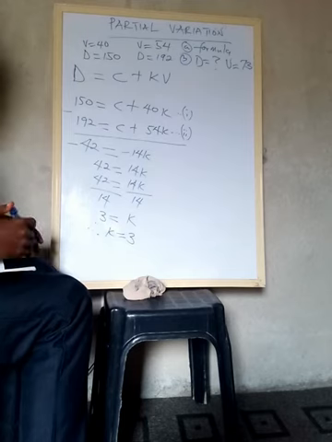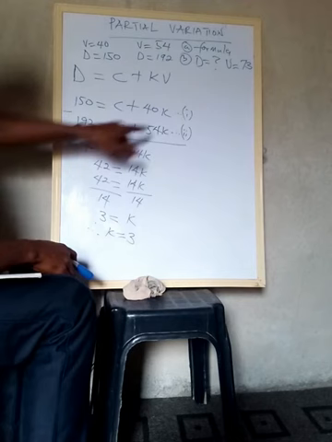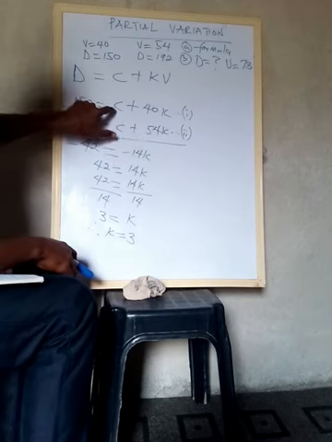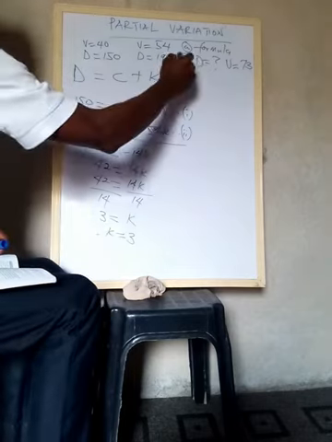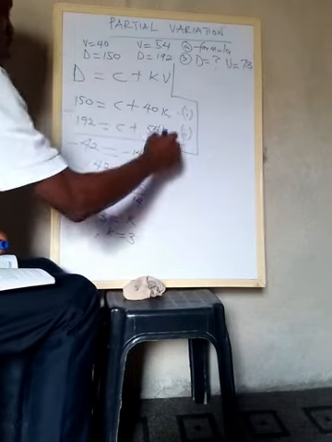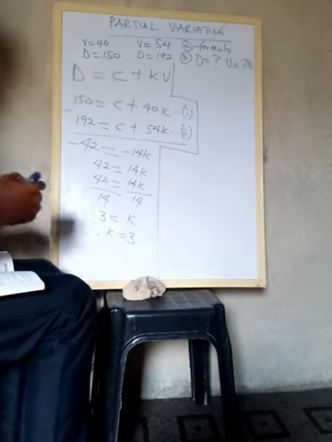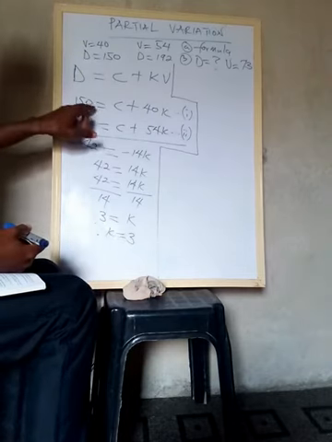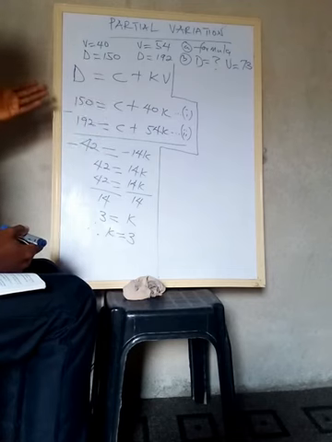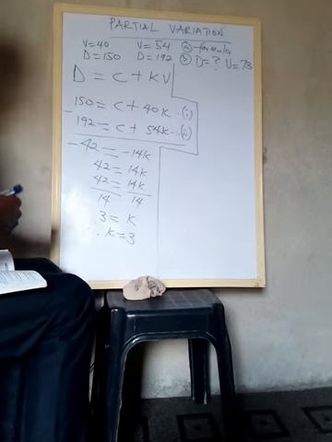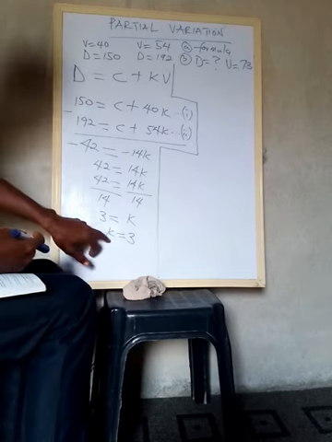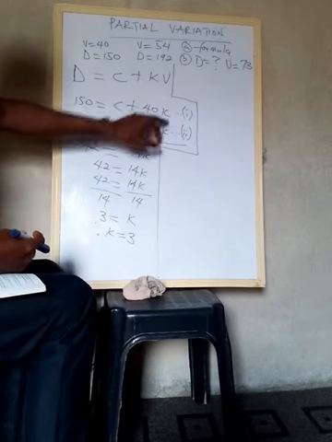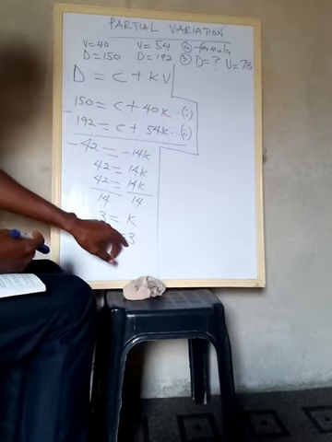Now remember, we have two unknowns. That's the thing about partial variation. We have gotten this unknown, but the constant we are still going to find, and at this time it's much easier. Let's manage our board. We'll use any of these equations, so we can use equation 1. We'll substitute where we have K. We now know what K is, so anywhere we find K, put 3 there.